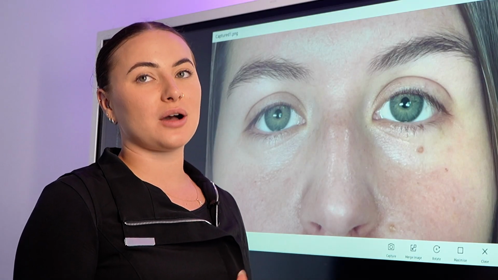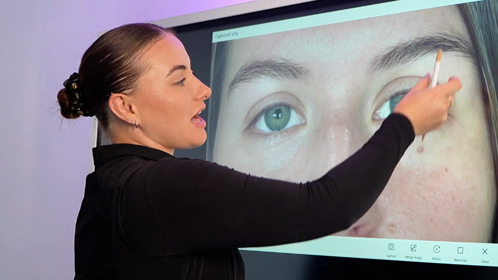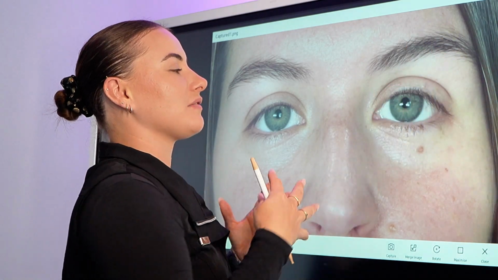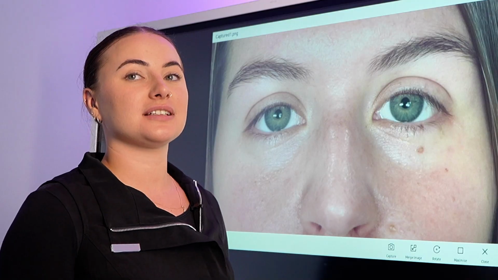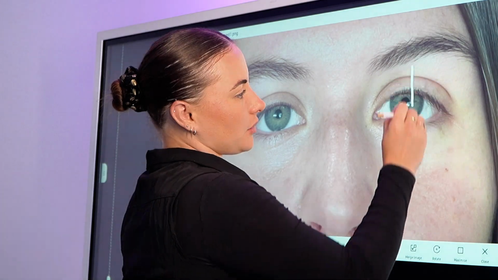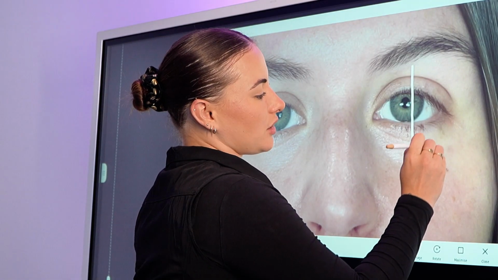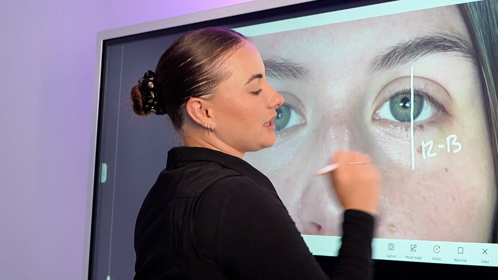For this client, as we are working with a downturned eye shape, I would opt to position the outer corner lashes slightly outward to give that cat eye effect. So for this client, I would opt for our Eliplex Profusion system. I would increase our processing times in this portion of the eye for around 12 to 13 minutes, whereas the